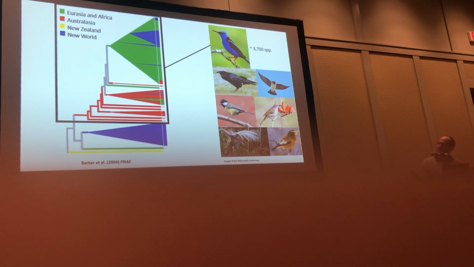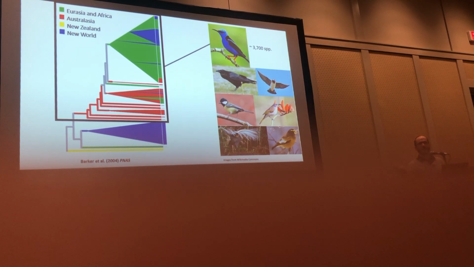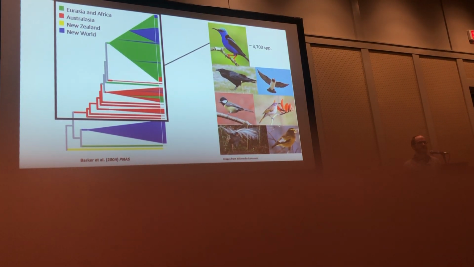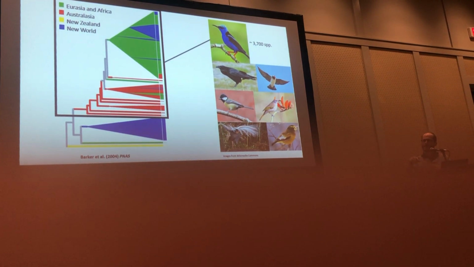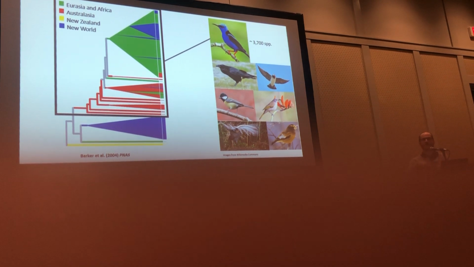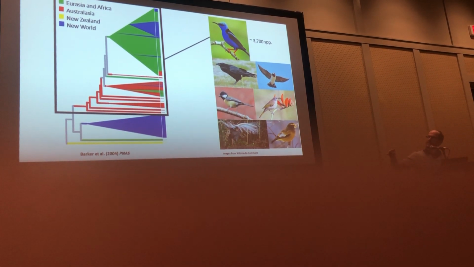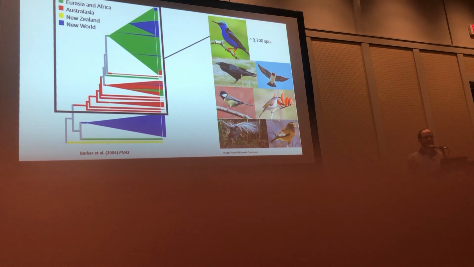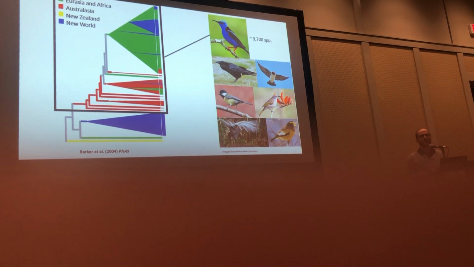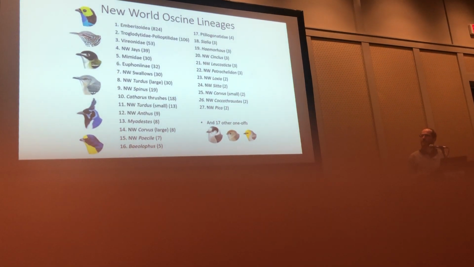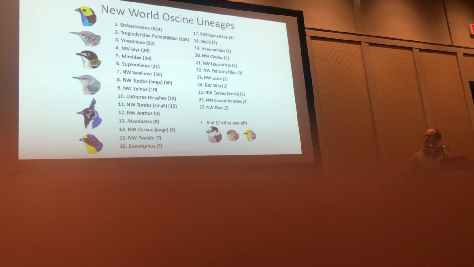But also, if you look at the phylogeny in this group over here, in red, it shows their origin is in Australia or Australasia. And so then if you look at regions, say like North or South America, the New World, all of the Aussians that are represented there today had to disperse into this biotic region from an ancestor in the Old World or evolve from an ancestor that did. And so part of my dissertation is involved looking at the published phylogenies comprising all New World Aussians, and rather than this assemblage of over 1,200 species arising from a handful of dispersal events, we've actually found evidence for over 44 dispersal events that have generated the diversity of New World Aussian lineages.